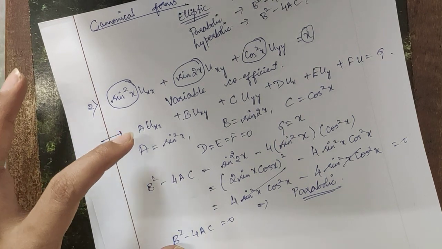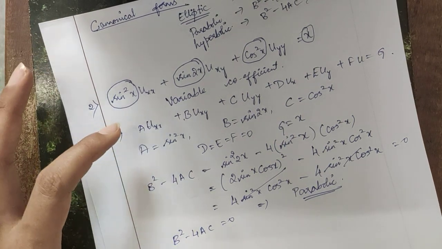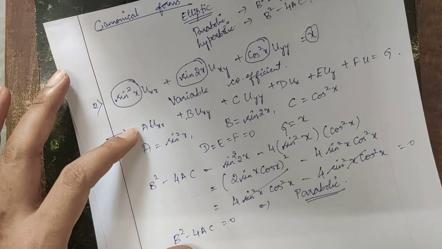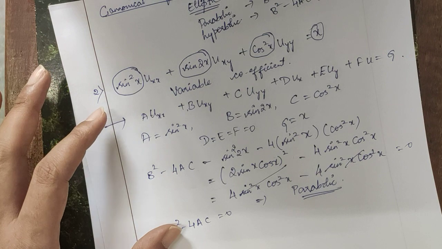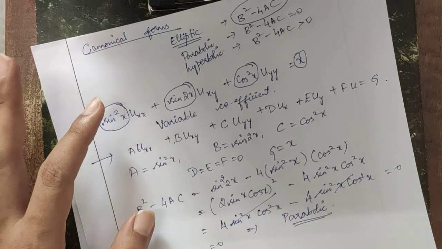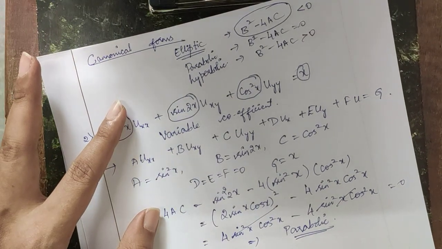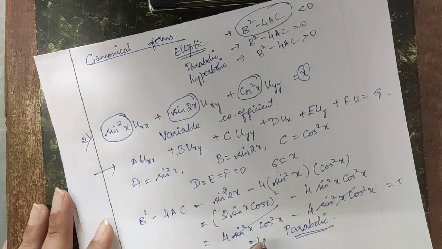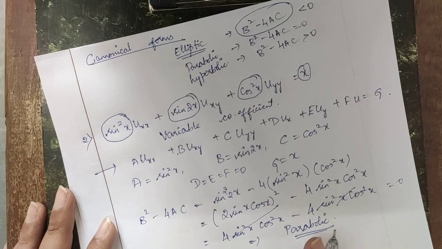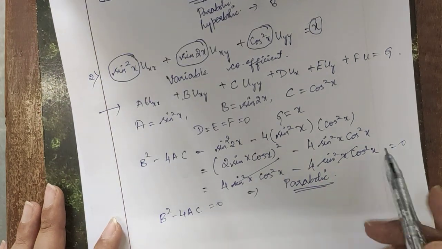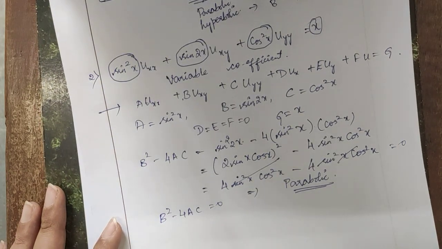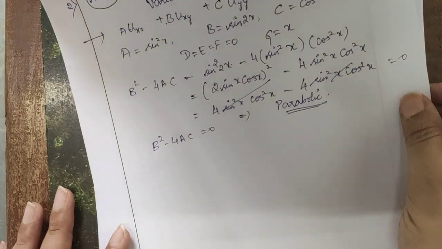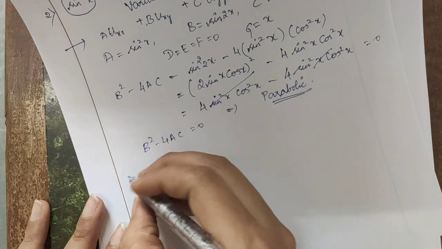Till now the topic is very clear. You will follow the same step in all the given partial differential equations. Since it is parabolic, the next steps will be different. When it comes to elliptic, we consider one more transformation, that is we transform the xy plane to the alpha beta plane. Here we are converting the xy plane to the xi eta plane, right? For that the next step is to consider the characteristic equation.